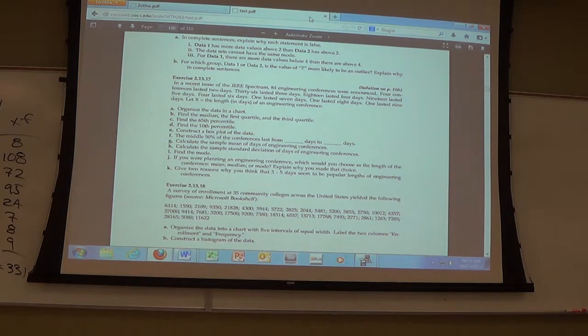If you were planning an engineering conference, which would you choose and why? If you had to base the next conference off of this data, which would you use? And realize too that you can use more than one. Tell me if you were the person in charge of getting people to come to your event, i.e. you wanted to make money from their registration and also create a situation where you can trade ideas, so you want to get as many people as possible to your conference. Which would you use? I gotta vote for mode.